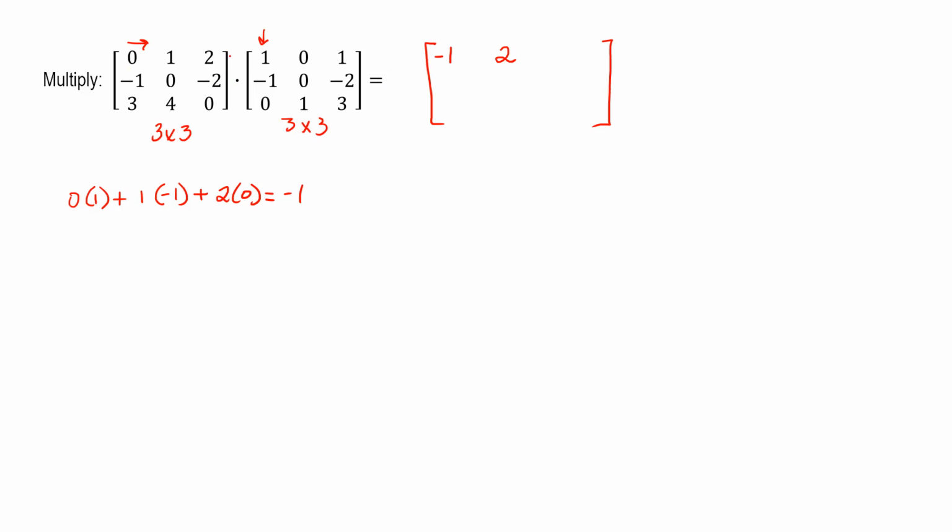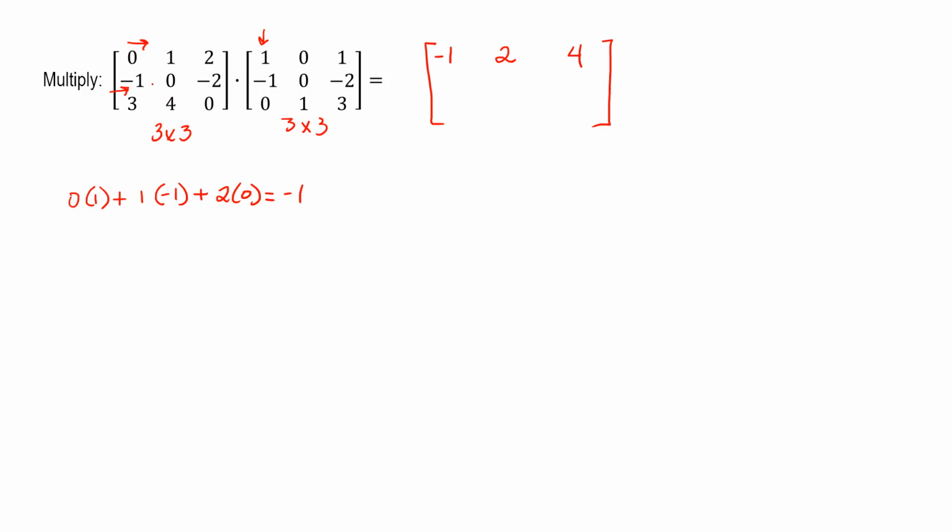Again, we're going to go across the first row down the third column. So 0 times 1 is 0. 1 times negative 2 is negative 2. 2 times 3 is 6. 6 and negative 2 is 4. You probably don't really even need me to go through this, but I'm going to do it. All right, we've done all the columns in the second matrix, so now we're going to go ahead and move